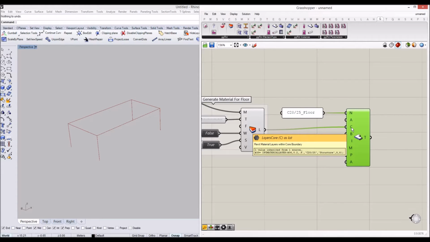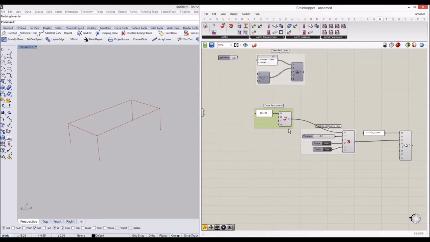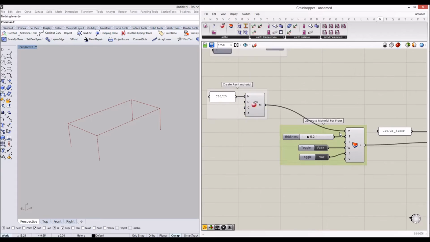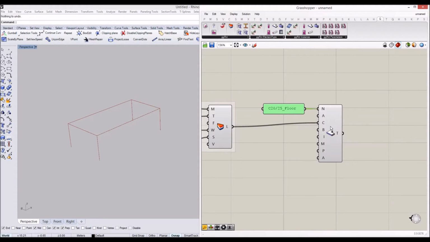So this is the core layer. See? We have a little bit of steps. We have to create a generic model material, and then we use this material to separate layer thickness. Once you've done that, you have to create your type parameter for each element. In this case, we made a floor type parameter. Okay, and there is a lot of other